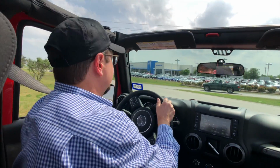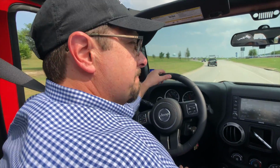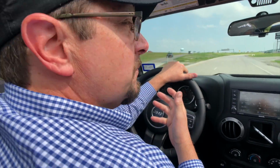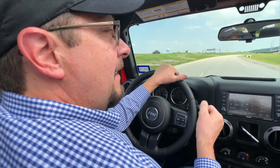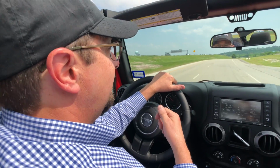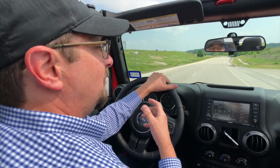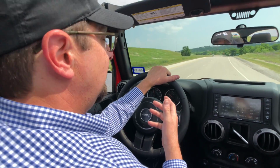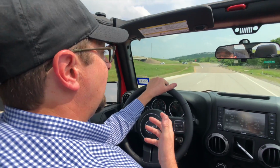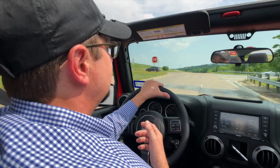I was also contemplating whether I wanted the 2-door or the 4-door version, and after driving them both, the 2-door is more like a go-kart. You can turn on a dime, almost a zero turning radius. Very fun, but because it's a shorter wheelbase, it's a little more bouncy on the road, so to speak. And I'm doing mostly road driving and highway driving, and the 4-door, the longer wheelbase, just really